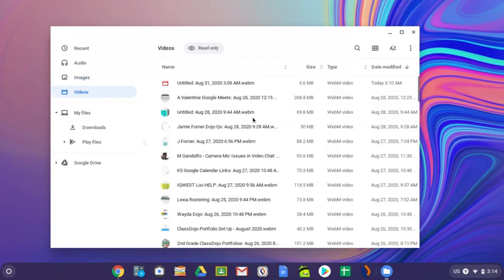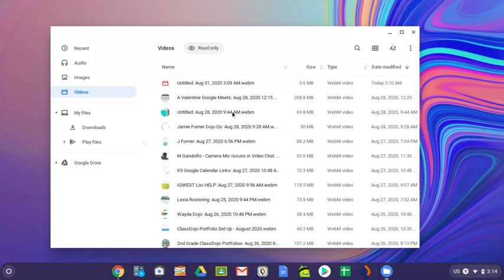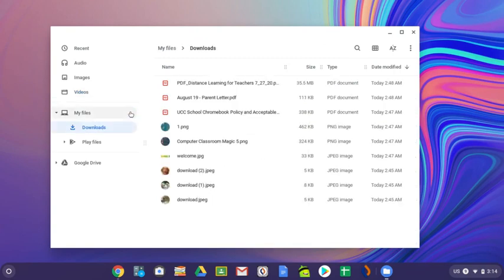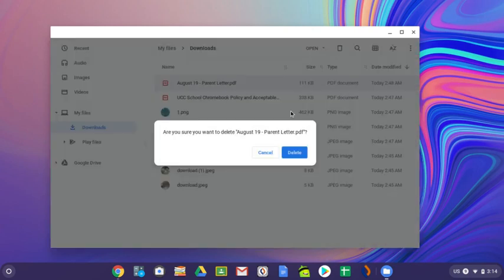You can take a look at any of the videos that you have here, and if any are no longer needed, you can go ahead and two-finger click and select Delete to delete them. The Downloads folder is where there might be quite a bit of content that you can delete. Again, select them, and you can click this delete icon right here to delete anything that you don't think is